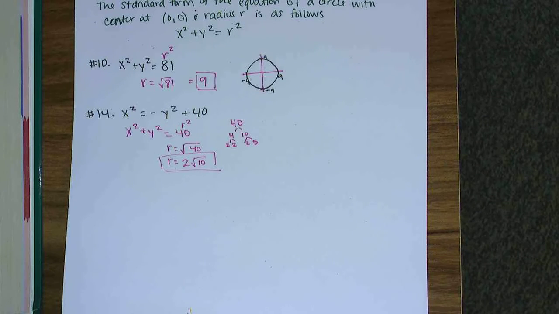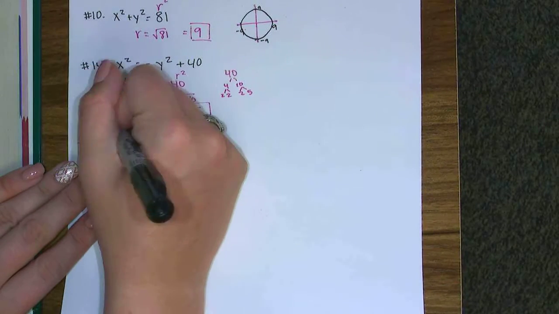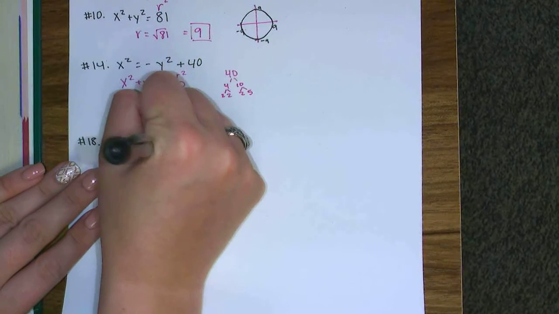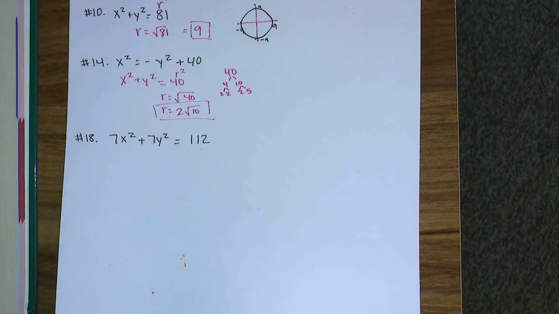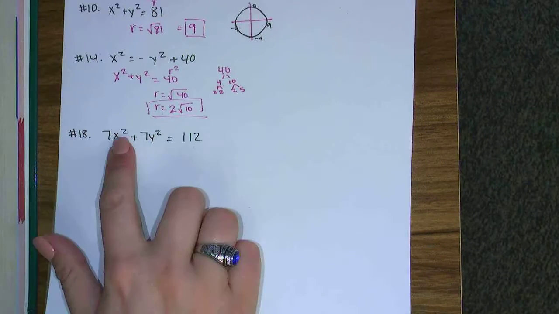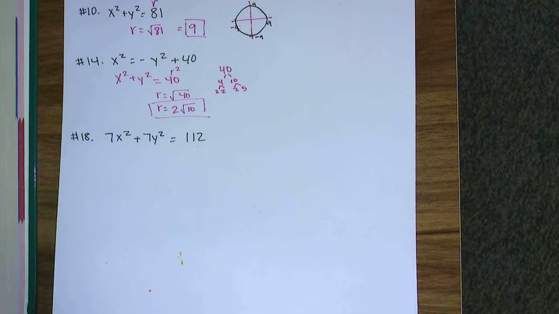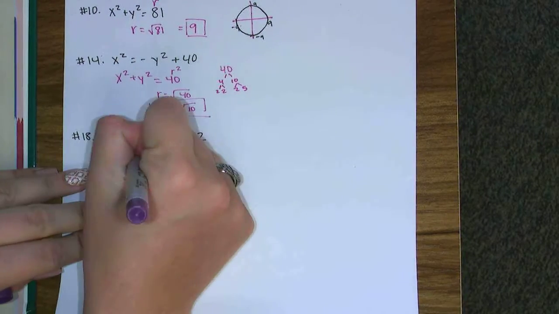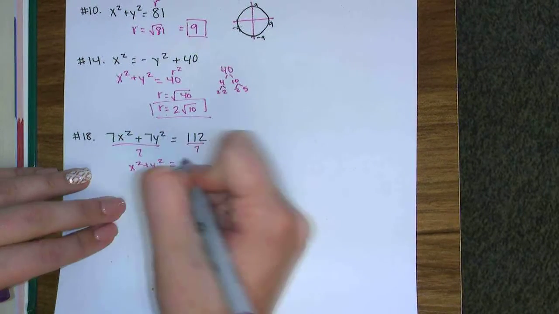Something like 18. 7x squared plus 7y squared is equal to 112. Okay, so what needs to happen here is, it's not in standard form yet. It kind of looks like it, but with these 7s here, I'm technically not in standard form, so I'm going to divide both sides by 7. So I get x squared plus y squared is equal to